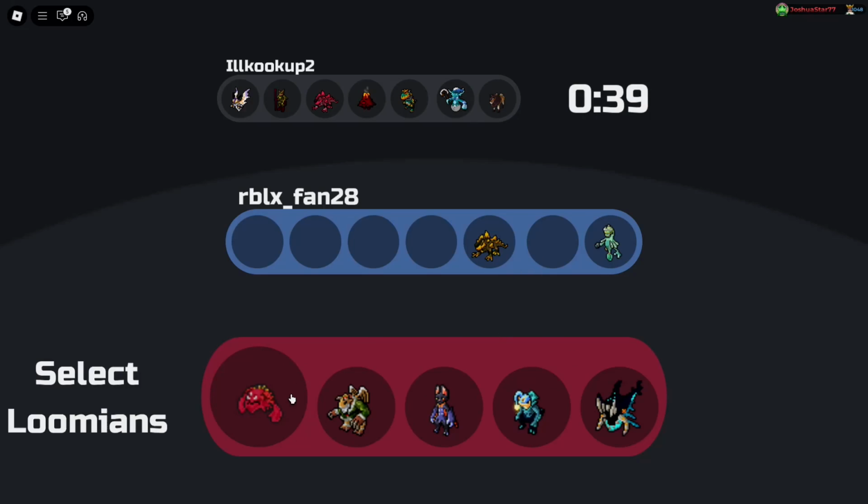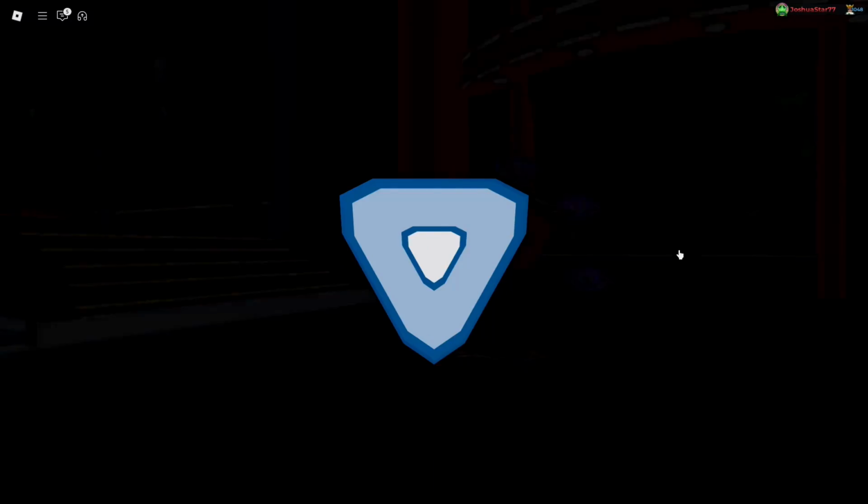Usually when you have the bad matchup, the RNG goes against you. That's something I've learned from Loomian Legacy PvP. Yeah, there's no way I'm beating this team. If I beat this team, it would be a miracle. What I need is barbs. I need barbs and hope...